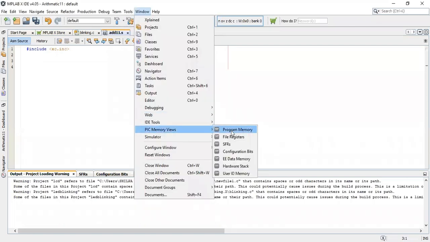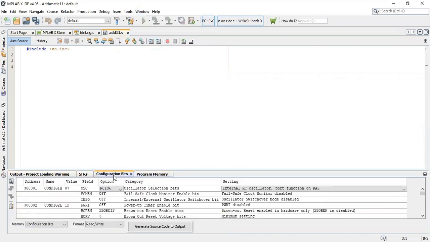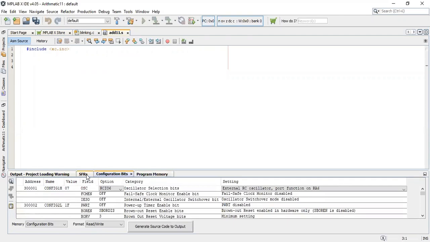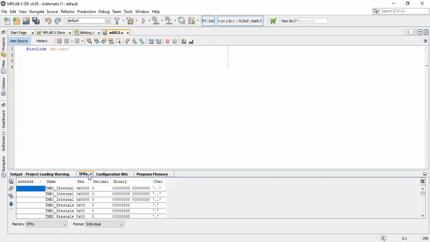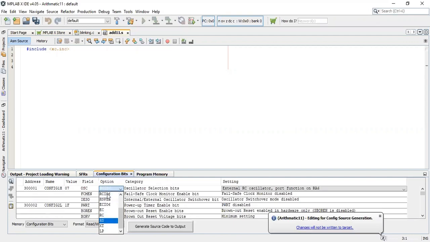Configuration bits, program file, configuration bits, SFRs, all of this will open. This is the program file option, this is the configuration bits option, and this is the SFR options. So just go to the configuration bits option, and here click on XT.